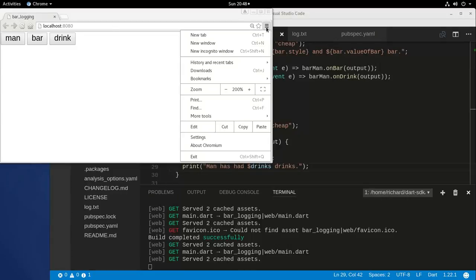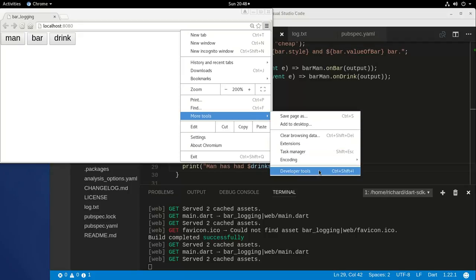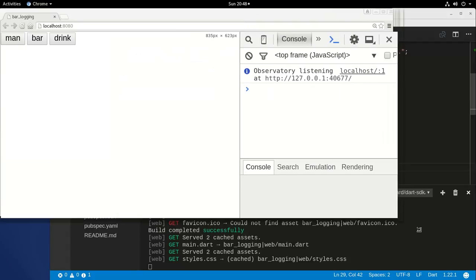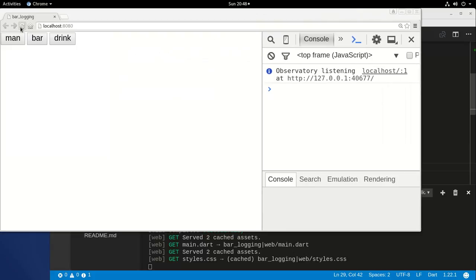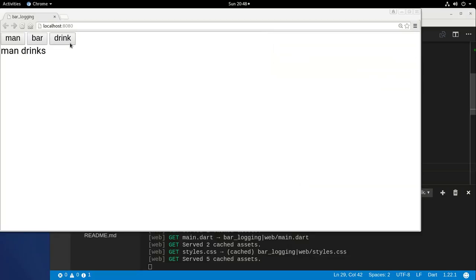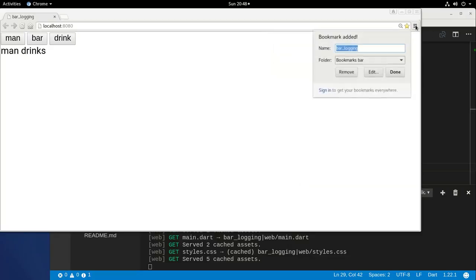And so I'm going to go here, more tools, developer tools. Let's expand this a little bit so it's easier to read. Okay. And so you click on man, scruffy man walks into the bar, fine, and he gets a drink. And so it lists right here, man has 1 drink. So remember, this is not what the user is looking at, right? So the user is looking at this. He's just having the same drinks. But if we go again,